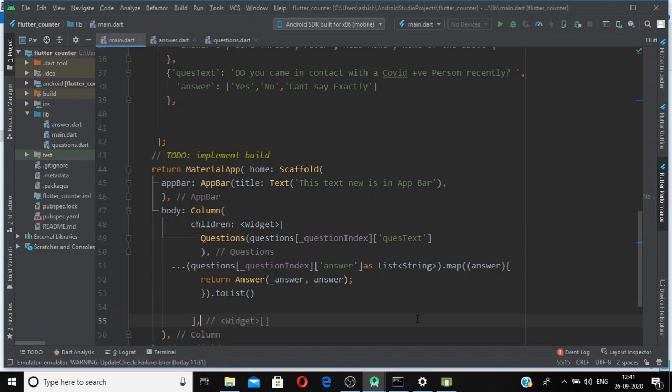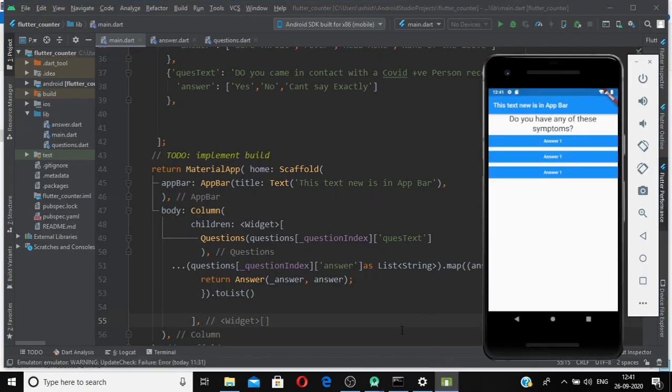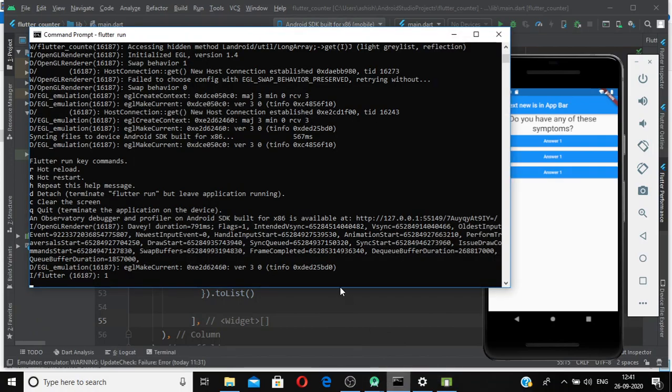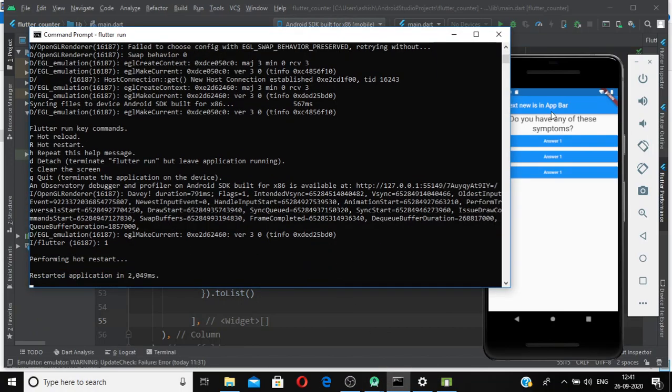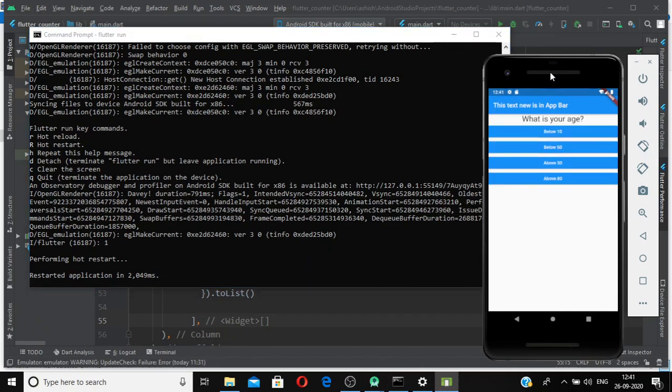So if we now run our app once again, let us run it. Now you can see our options of answers are displaying inside our answer widget.